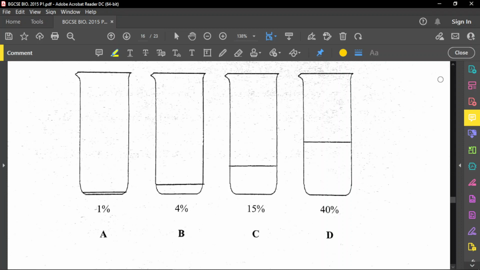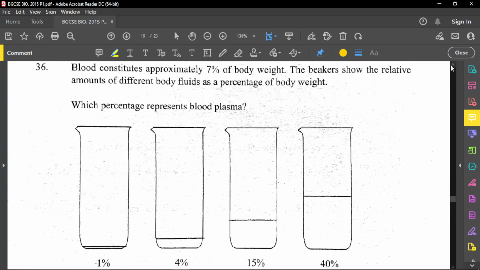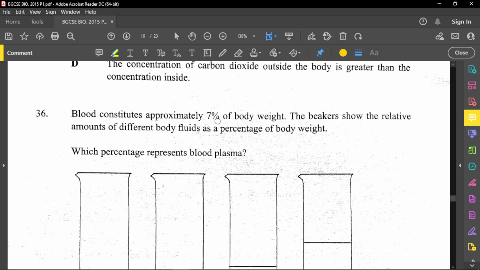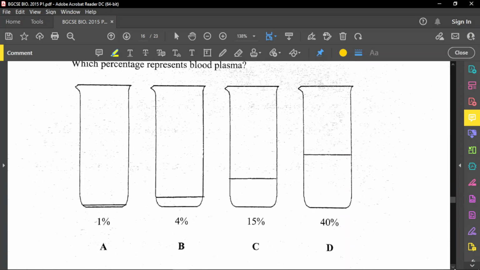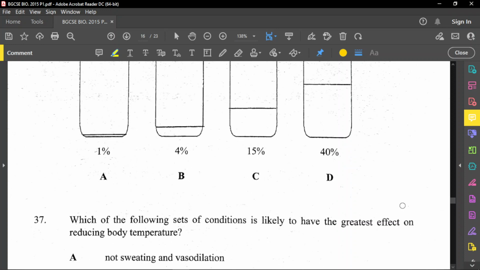Based on the question here, it said that blood constitutes 7% of body weight, right? So just make sure you remember that. So blood constitutes 7% of body weight. And so what we're going to work out here is which of these actually represents blood plasma based on our body weight. The first thing to mention is that plasma is 55% of blood, okay? So if we have 7% of blood in the body, and then